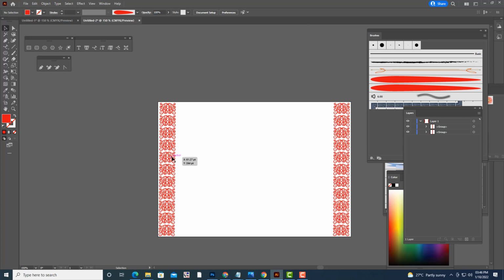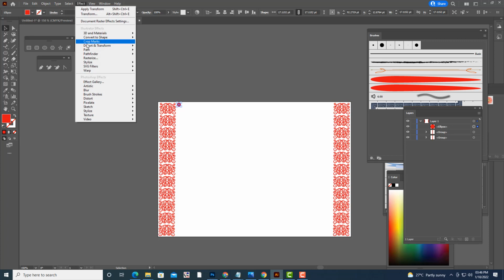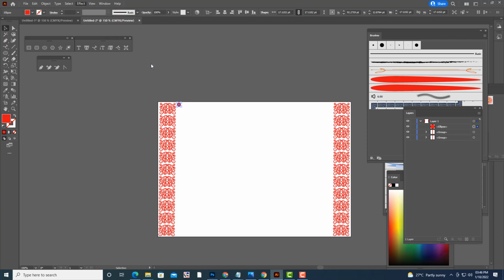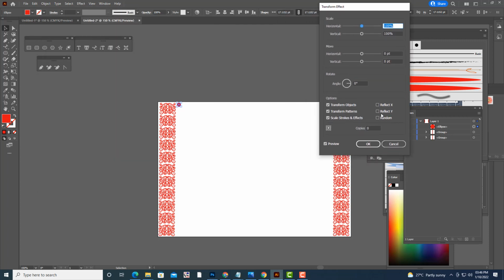So what I can do is take one ellipse, keep it here, and then we'll go to Effect, Distort and Transform, and we can create 15 duplicates, and then we'll move it.